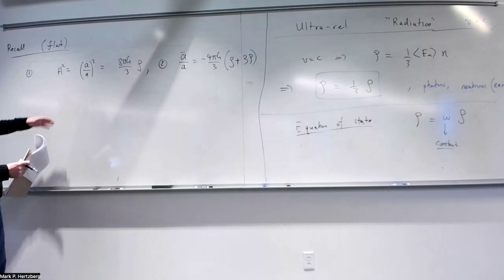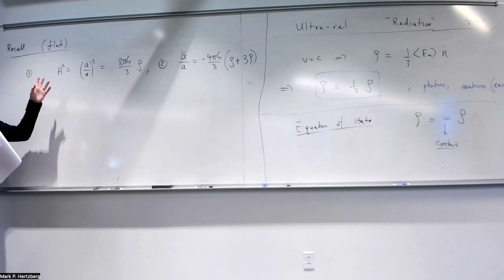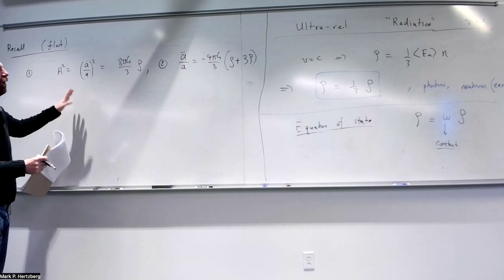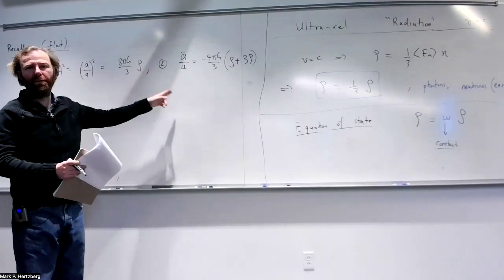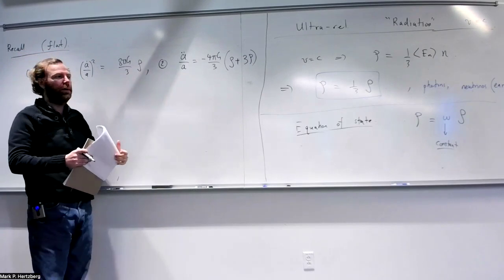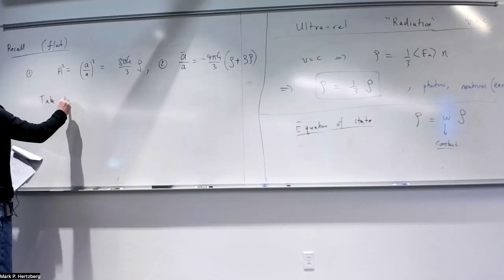This pair of equations is perfectly fine, and we could just drag these around. But they have lurking in them a formula for the evolution of rho itself if we do a little bit of manipulation, which turns out to be quite useful. Okay, so what I'm going to do is take the time derivative